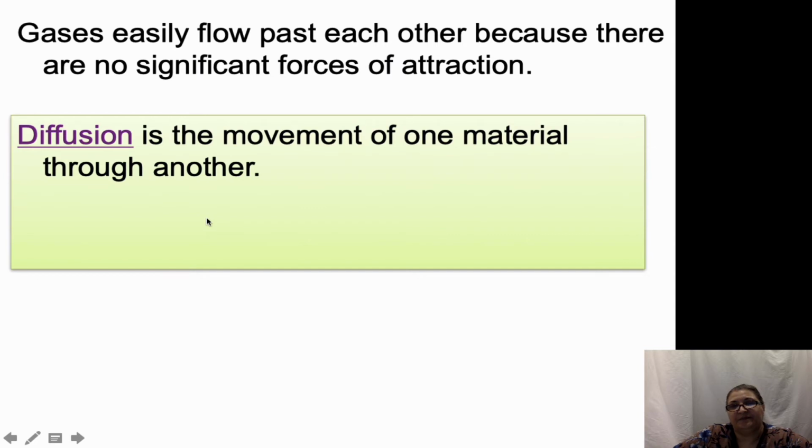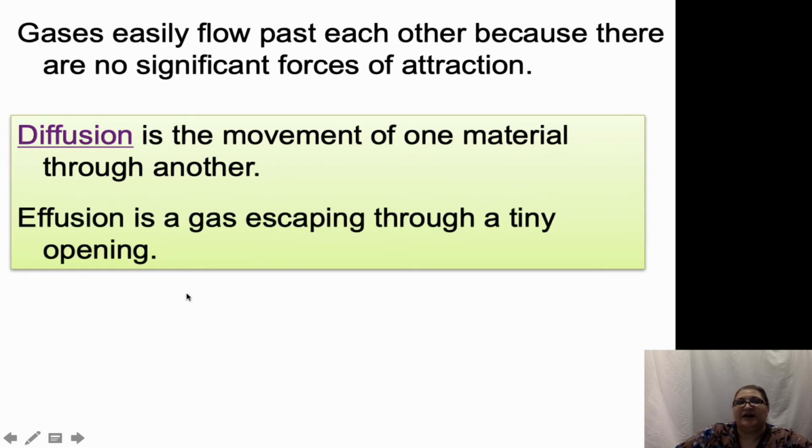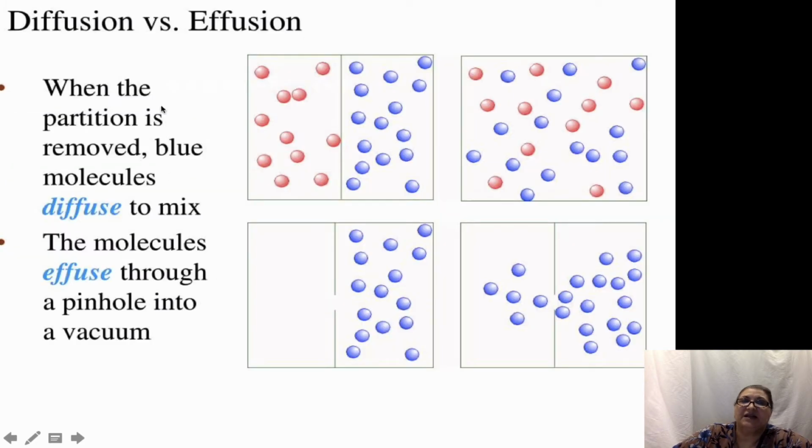Diffusion: the movement of one material through another from an area of higher concentration to an area of lower concentration. Okay, higher concentration, lower concentration. I have a picture right here. The top one is diffusion. Think of this as a divider between two different gases, and you just lift it up, and they're just going to glide between one another. I think of it also as perfume. If you spray perfume, and the red ones are air particles, the perfume is just going to glide between the air